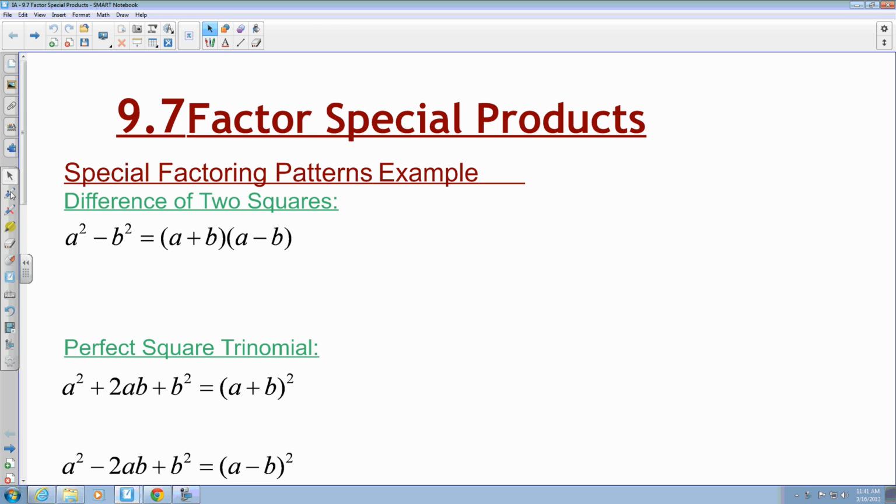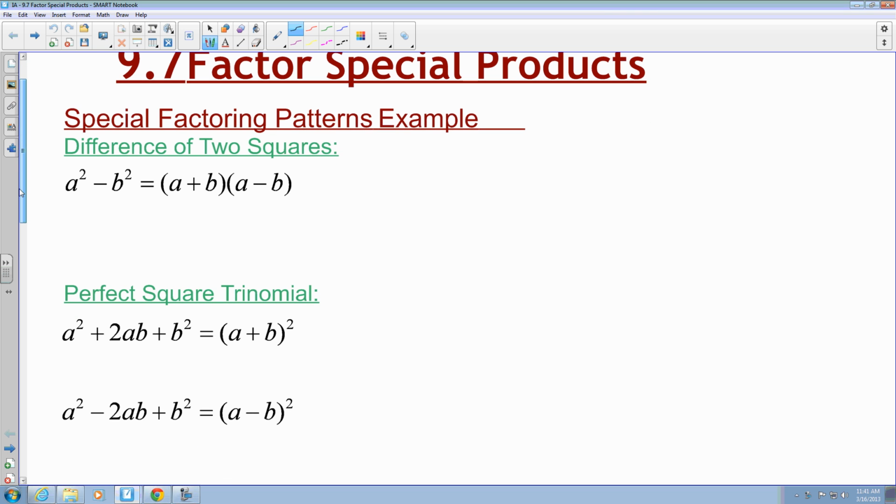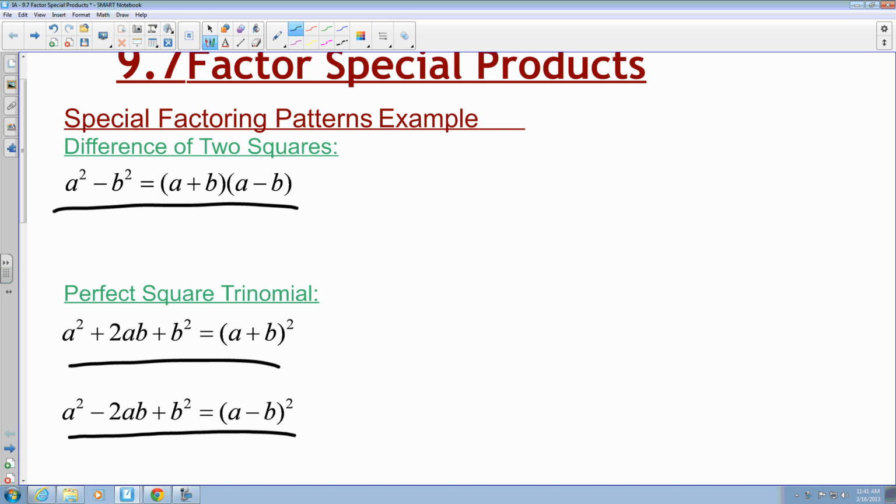All right, so we're in section 9.7 where we get to factor special products. If you look here in these three equations, we saw those equations earlier in the section, and they were formulas for us to figure out special patterns when factoring